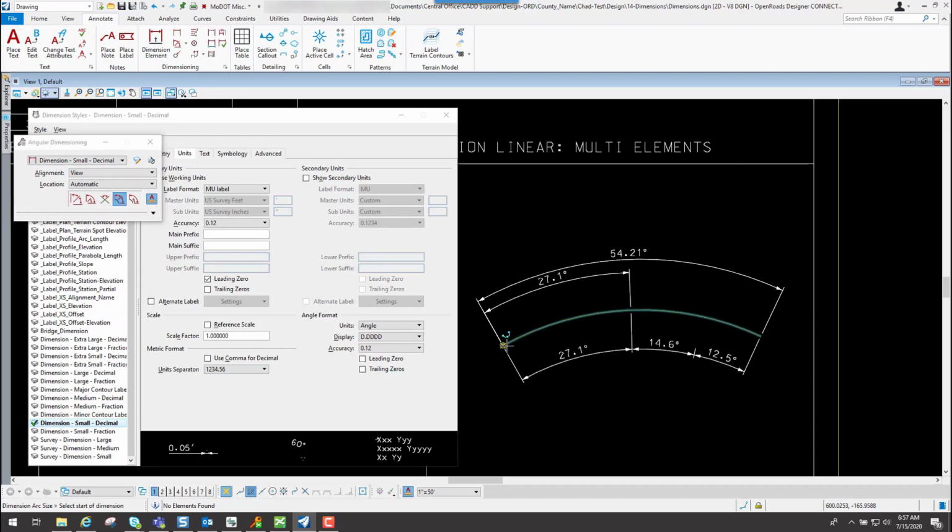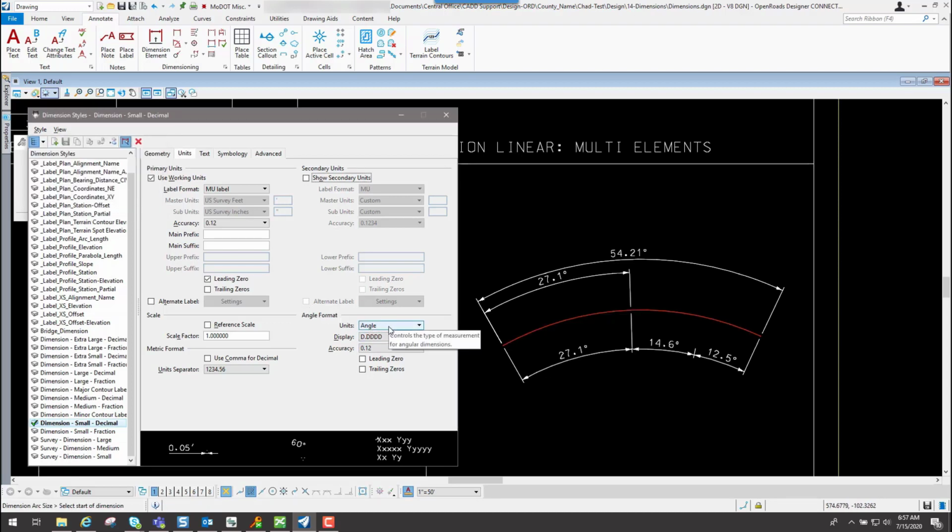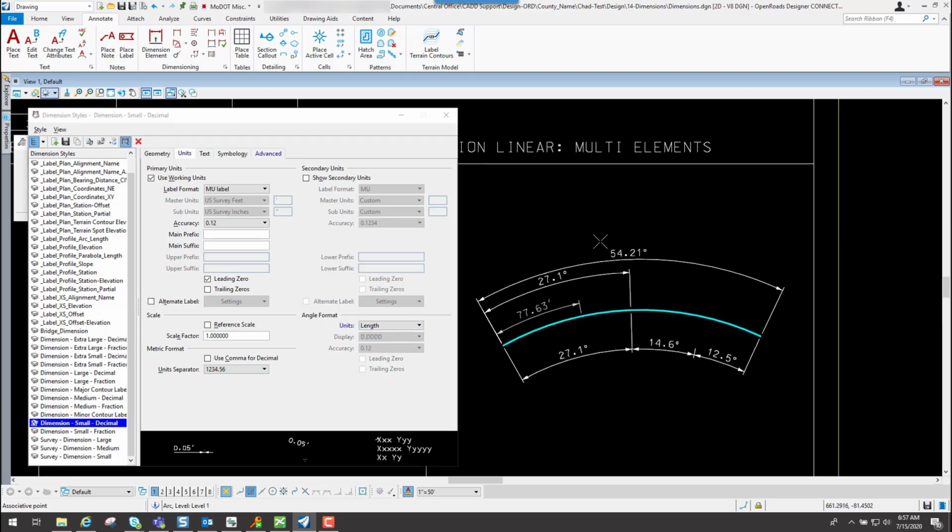Right now if I try to dimension this, you'll see that it's going to try to dimension the angle. Well, maybe that's not the value that I want. Maybe I want the actual length of it. Well, I can come in here and change my angle format from angle to length. And now if I try to dimension something with an angle, it's actually going to give me the length of it, like what I'm doing right now.